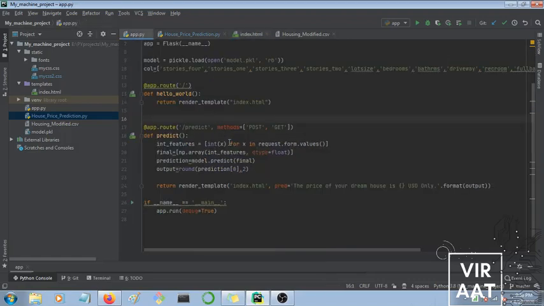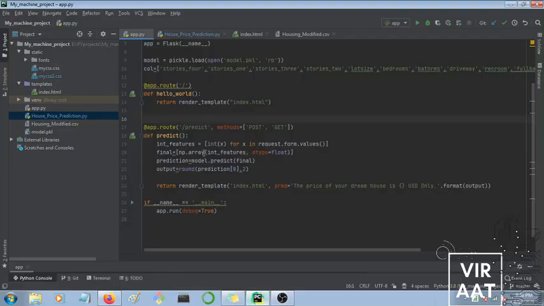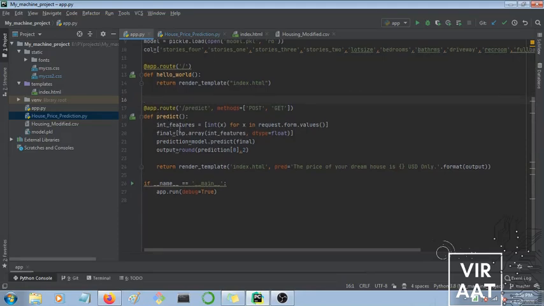So now come back to Flask. This slash predict method will get triggered after I submit the form. So what is the predict function doing? It's getting the features.